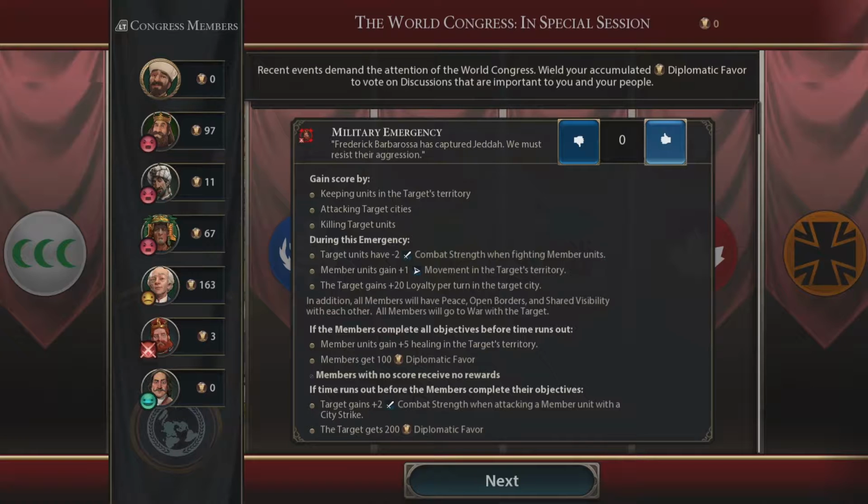I'm not really bothered about this city. What I am bothered about is the bonuses which come with fighting for this cause. Ooh, I don't like that one. Target gains +2 combat strength when attacking a member unit with a city strike. Now, +2 combat strength is actually pretty useless at this point of the game, so I probably shouldn't be too worried, but...